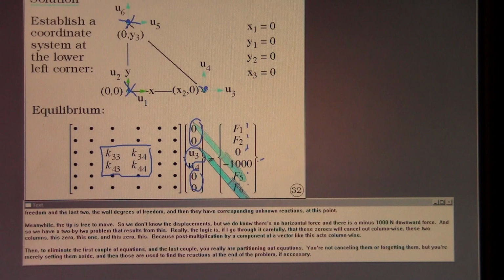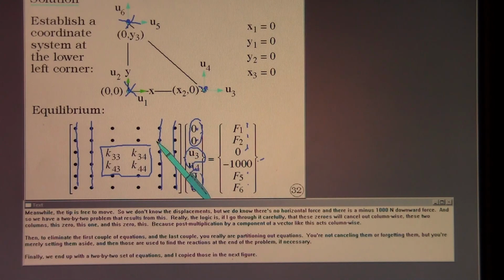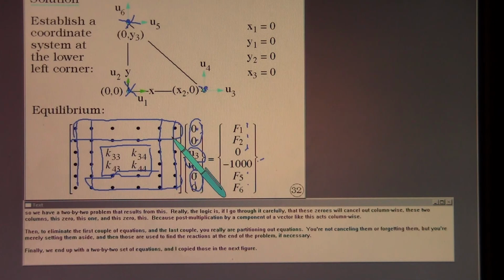Really, the logic is, if I go through it carefully, that these zeros will cancel out column-wise these 2 columns. This 0, this one, and this 0, this. Because post-multiplication by a component of a vector like this acts column-wise. Then, to eliminate the first couple equations and the last couple, you really are partitioning out equations. You're not canceling them or forgetting them, but you're merely setting them aside. And then those are used to find the